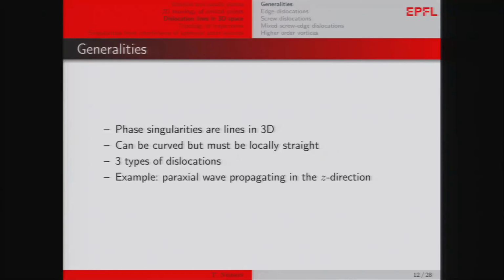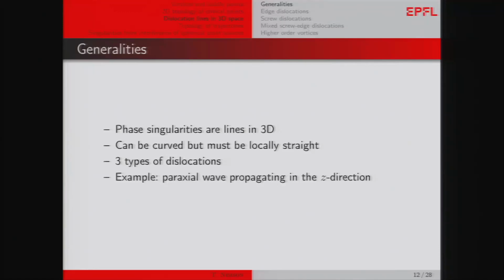Now we can define what happens in 3 dimensions, which is a bit trickier. What we need to know for now is that phase singularities, so pressure singularities, phase singularities, all are vortices, as we said. They are lines in 3D. So we have not vortex points, but we have vortex lines, which can be curved, but locally we will see them as